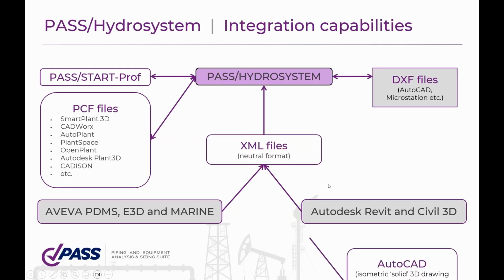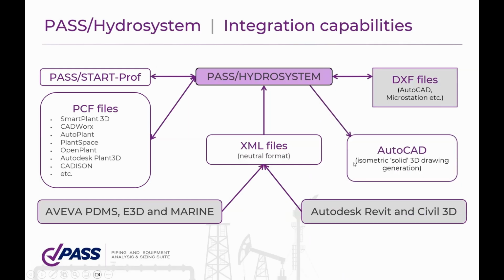And also you can write your own module which will import data from your software to HYDROSYSTEM via these neutral format files. And also in HYDROSYSTEM, we have an isometric generation module, which allows you to export isometrical drawings of your piping system into AutoCAD. So if AutoCAD is installed on your computer, you simply press the button, and HYDROSYSTEM exports all the data to AutoCAD, and AutoCAD builds a piping